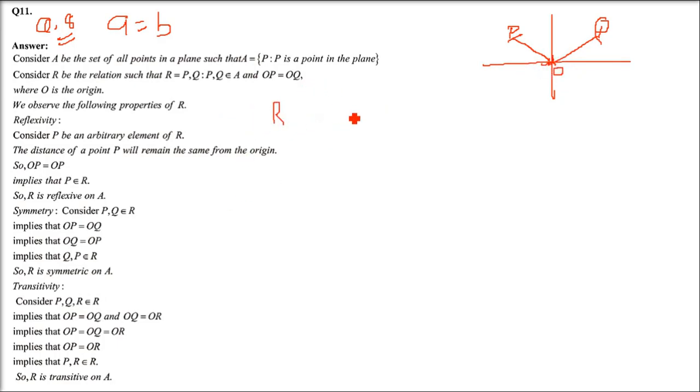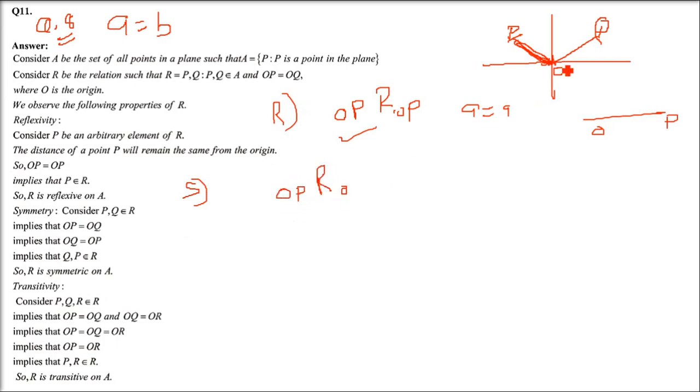Right? So let us start with the reflexivity. OP is related to OP, yes, it is related because both have the same length. Because OP is equivalent to OP. We are talking about the same line. OP is related to OP. For example, A is related to A. This is reflexive. Coming to symmetric. Now OP is related to OQ because the lengths are the same. So OQ will be related to OP? Yes. Why? Because these lines are also the same. The first line has equal length with the other one, the other will have equal length with the first one. Coming to the third one.